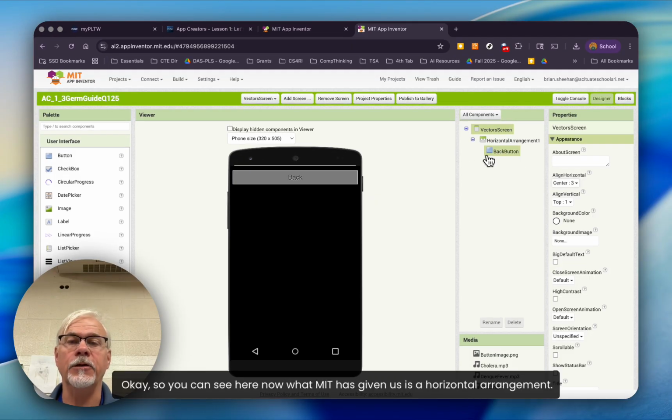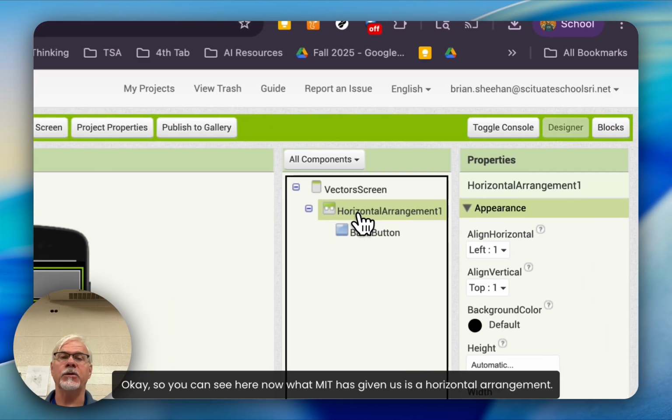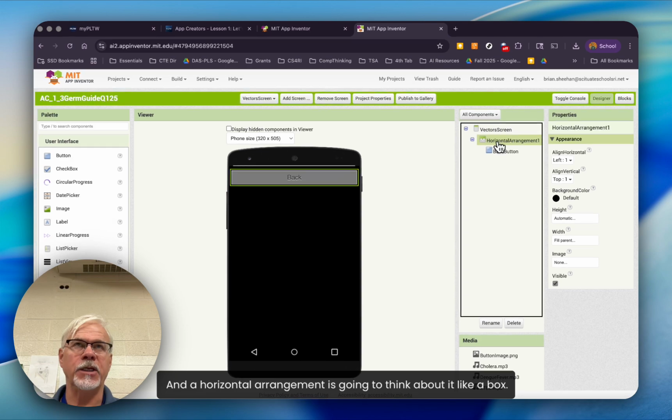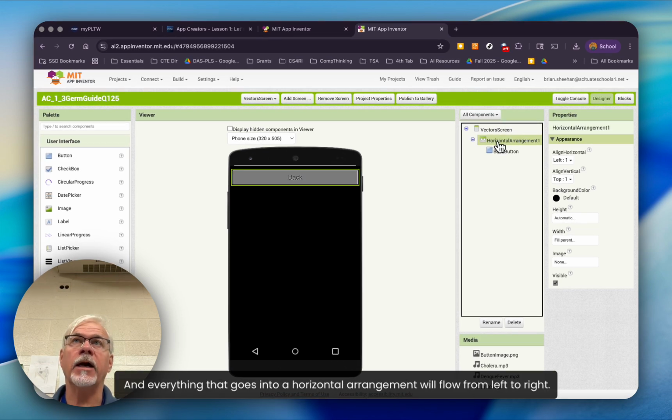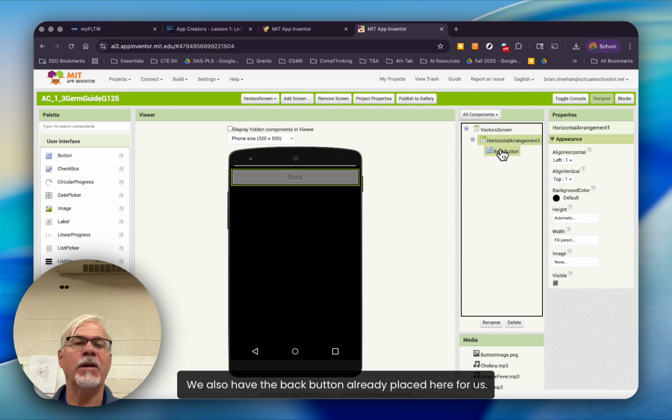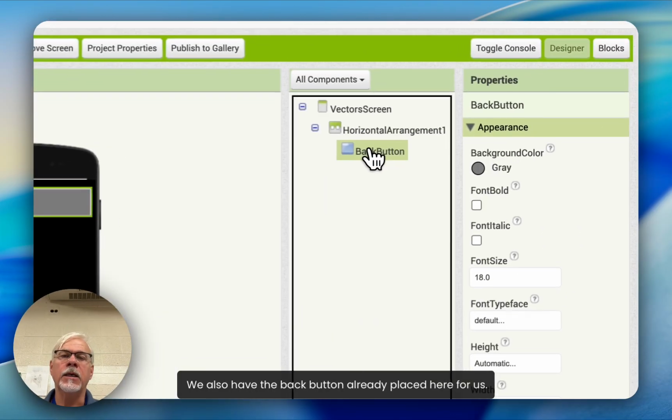Okay, so you can see here now, what MIT has given us is a horizontal arrangement, and a horizontal arrangement is going to think about it like a box, and everything that goes into a horizontal arrangement will flow from left to right. We also have the back button already placed here for us,